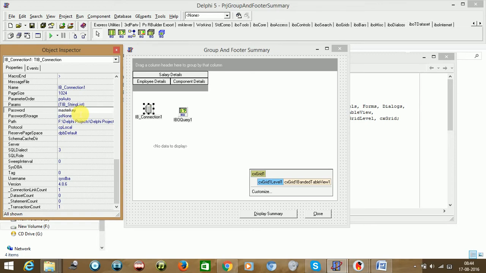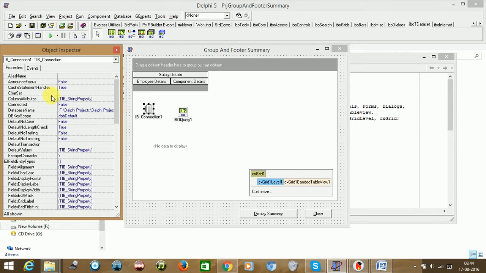If you wish, you can change it and make the password storage as PS not secure. The protocol you can either leave as local or keep as TCP/IP, and that's it.